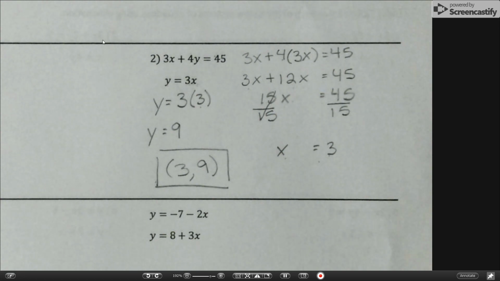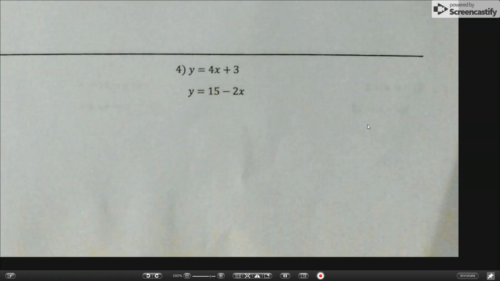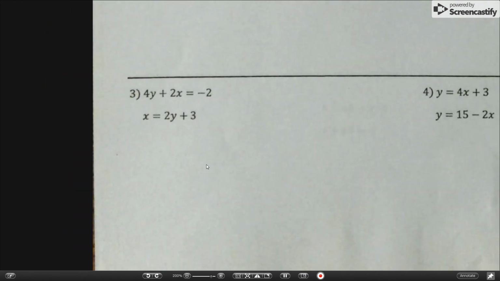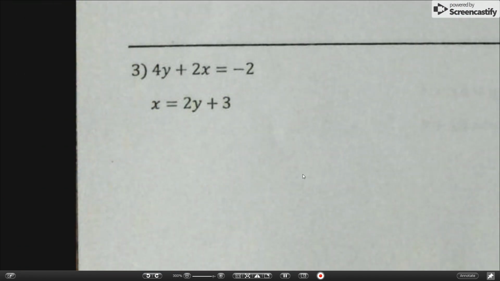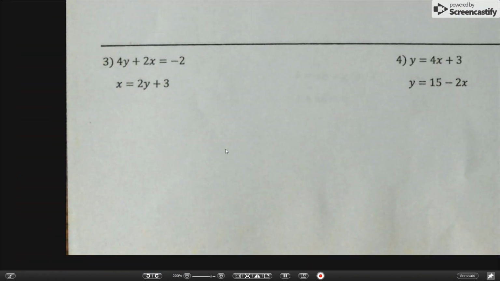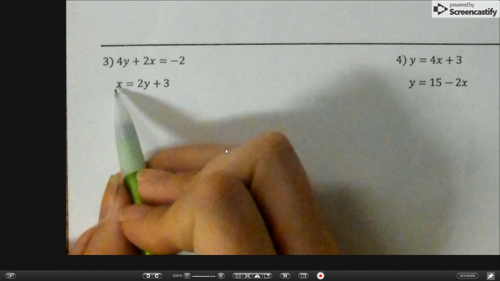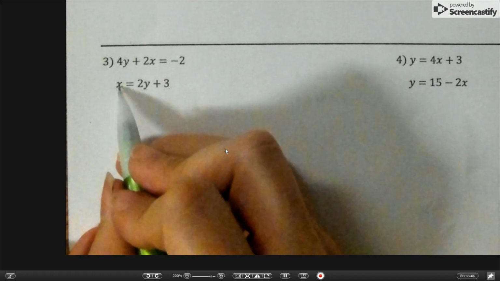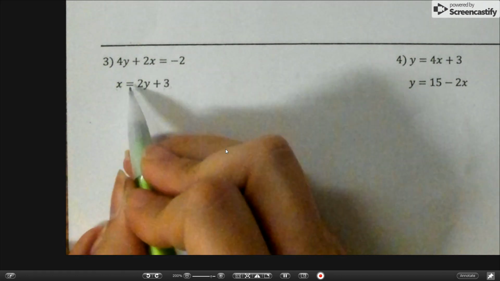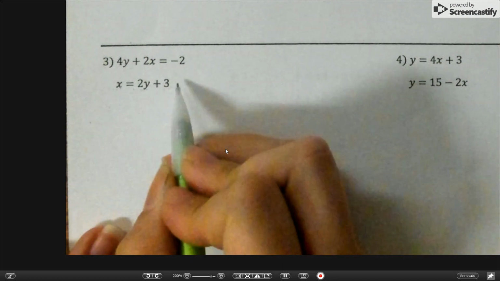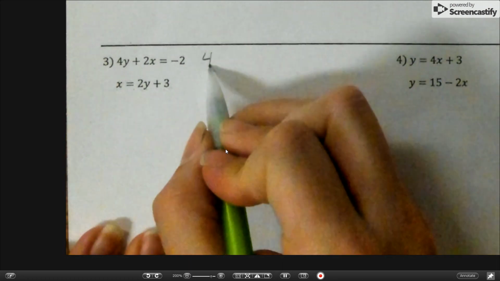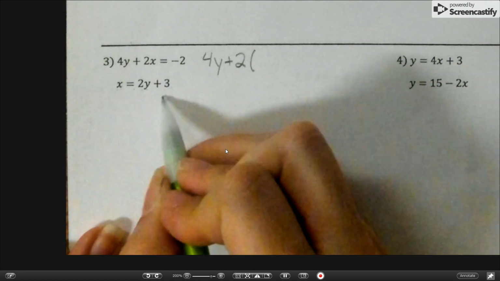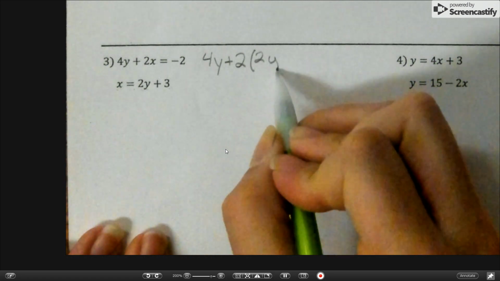For our next example, we have a system of equations where we have x equals, and it looks like this has two terms. But we still have to substitute this whole thing, both of these terms, in for x. So when we rewrite that, we have 4y plus 2 times all of this, because all of this equals x. So we have to put 2y plus 3